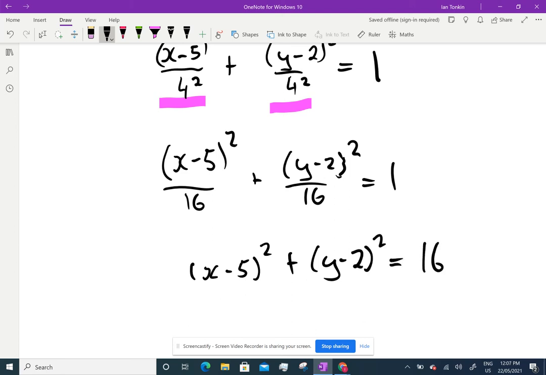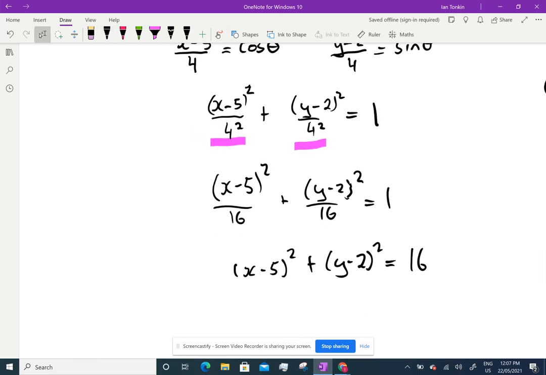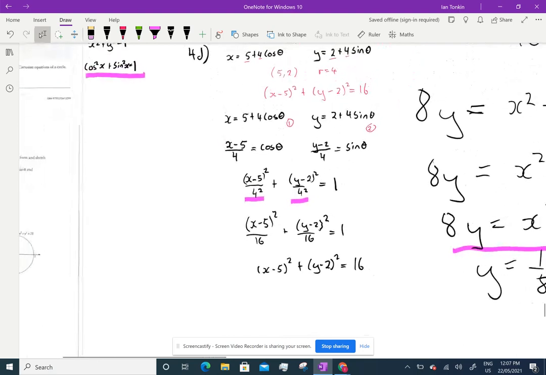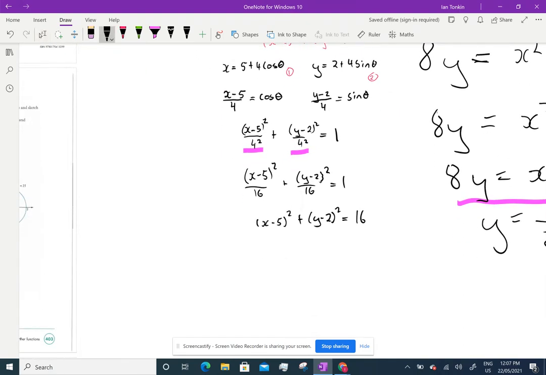And you can sketch that really easily. You should be good at sketching that. I'm not going to do any of the sketching questions because once you write it in Cartesian form, you should be able to sketch it. So we've got one question to do, and you should be right to be able to do these on your own. And I'm going to jump in and I'm going to do question